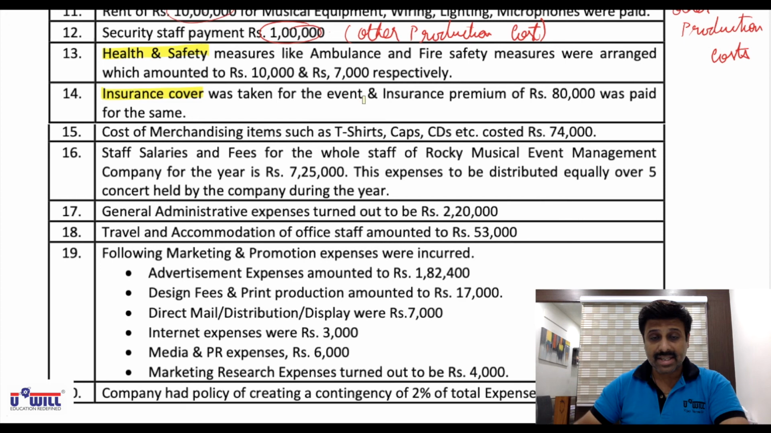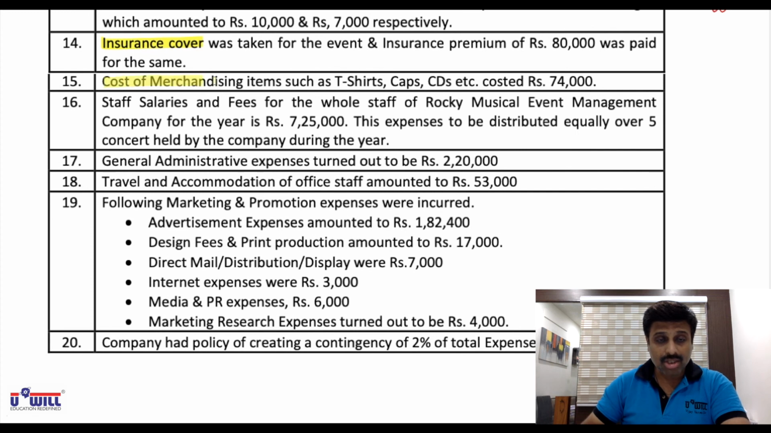Insurance was taken for the event, and insurance premium of 80,000 was paid for the same, will come in insurance. Cost of merchandising, the items such as t-shirts, caps, CDs, etc. costed 74,000. So in cost of merchandising. Staff salaries and fees will come in administration cost for the whole staff of Rocky Musical Event Management Company for